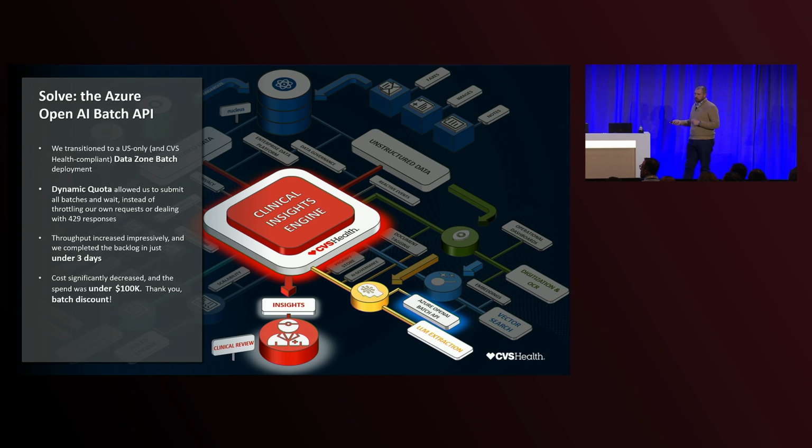But what was incredibly surprising for me was once the team graciously got us the dynamic quota, which really was effectively unlimited, pushed up the file upload limits, what we could do was take our 17 million requests and split them out across a few thousand files and submit them as fast as we could generate them. And long story short, we got through that entire backlog of 75 billion tokens in just under 3 days. And when the dust settled, our costs were just over $100,000. So that was a huge win.